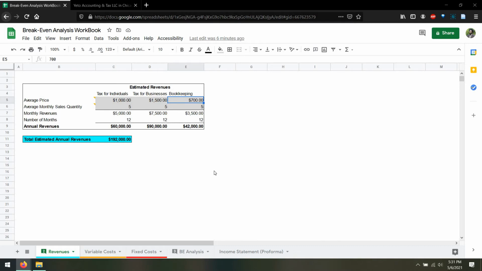This helps you understand at what point your business is either losing money or making money. What is that point where revenue equals fixed cost plus variable costs? That's where you want to pay attention, because as a small business or